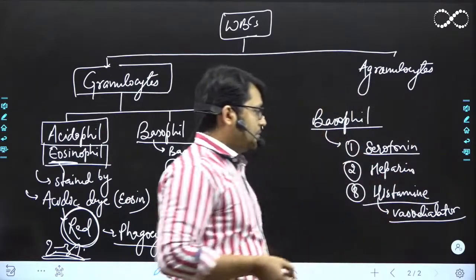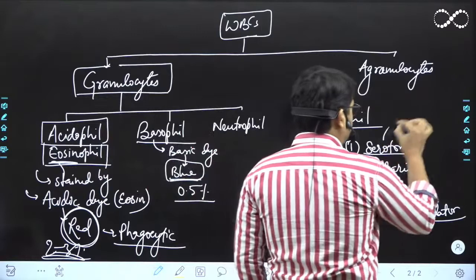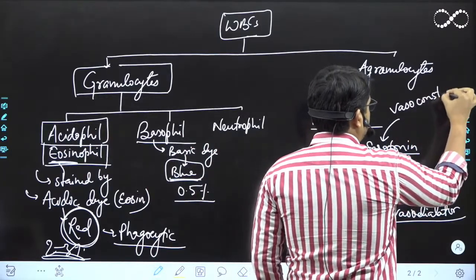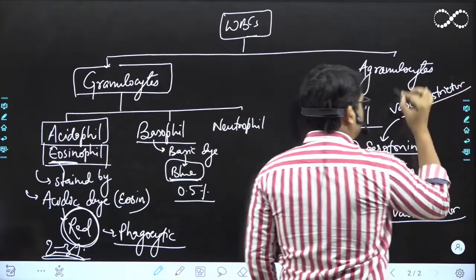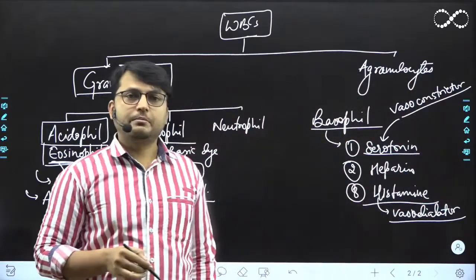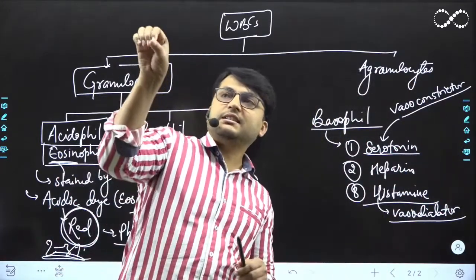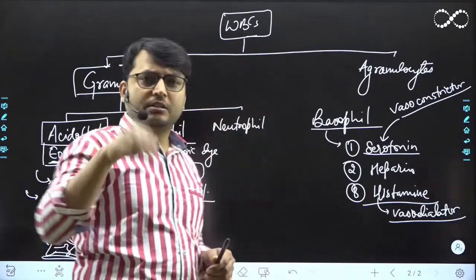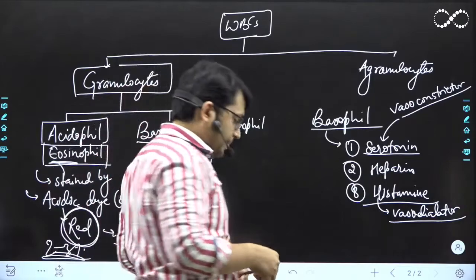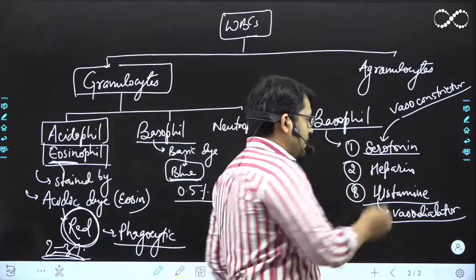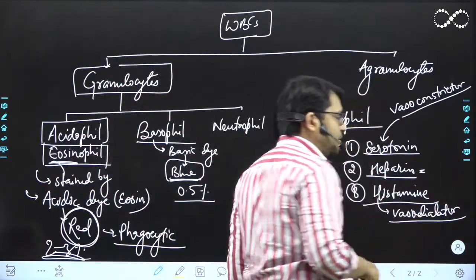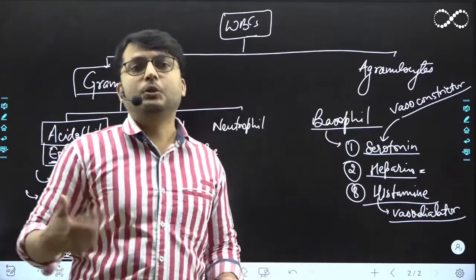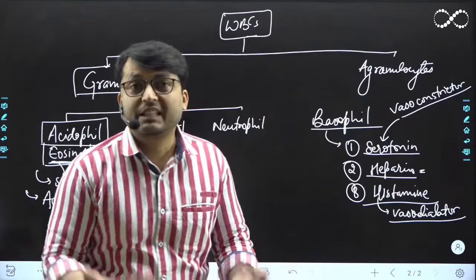Similarly, if we are talking about serotonin, it is a vasoconstrictor. What is that? Vasoconstrictor. So when this molecule is released by the basophil, it is going to decrease the lumen size. As a result, the pressure is going to increase. The blood pressure is going to increase. Heparin is an anticoagulant, so that the blood flowing in your blood vessels won't coagulate inside your body.